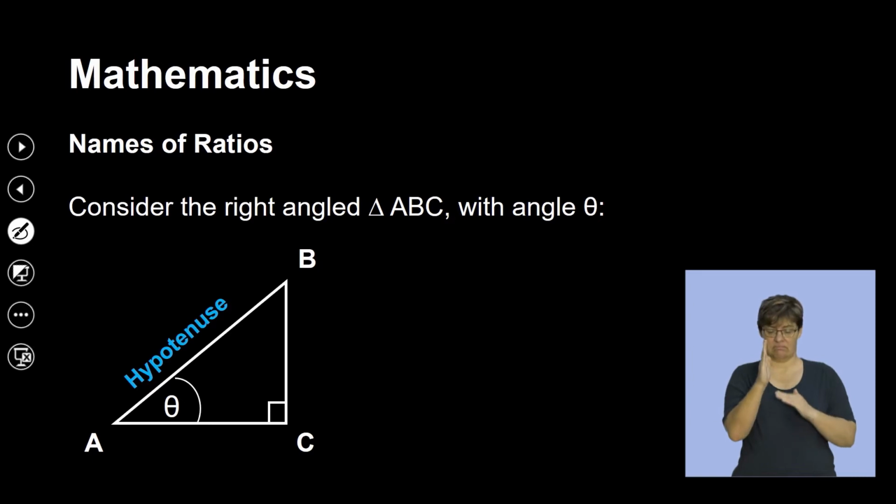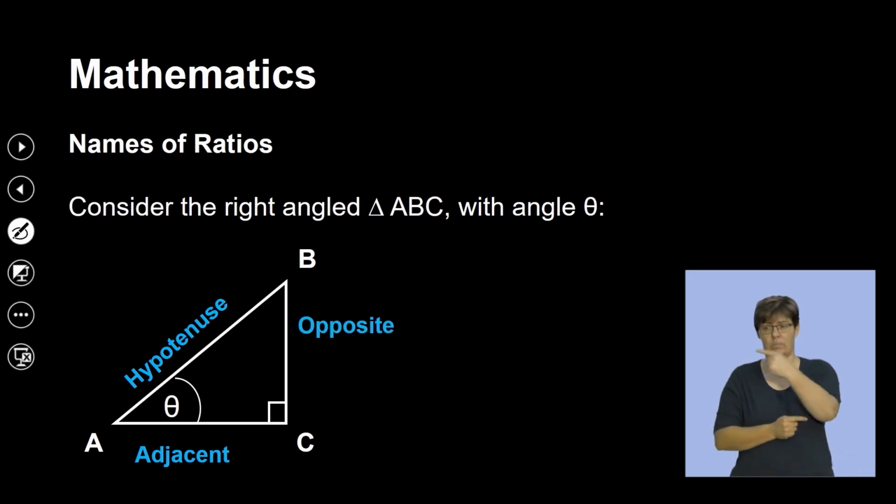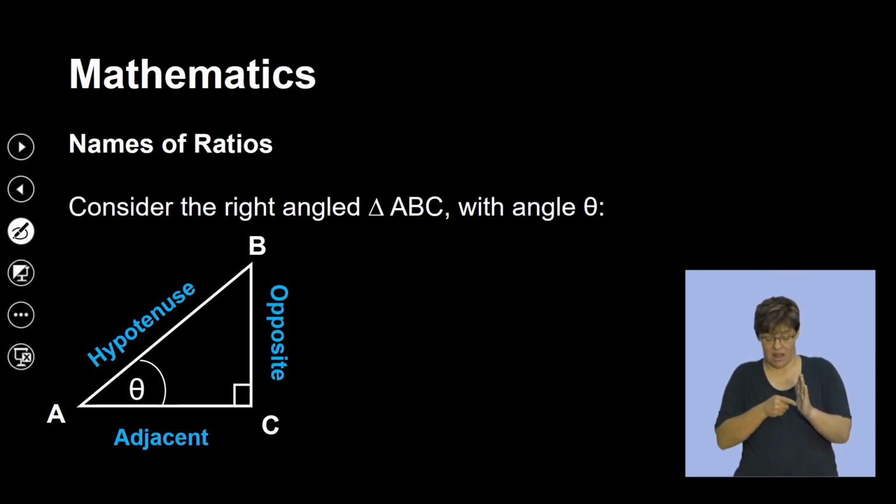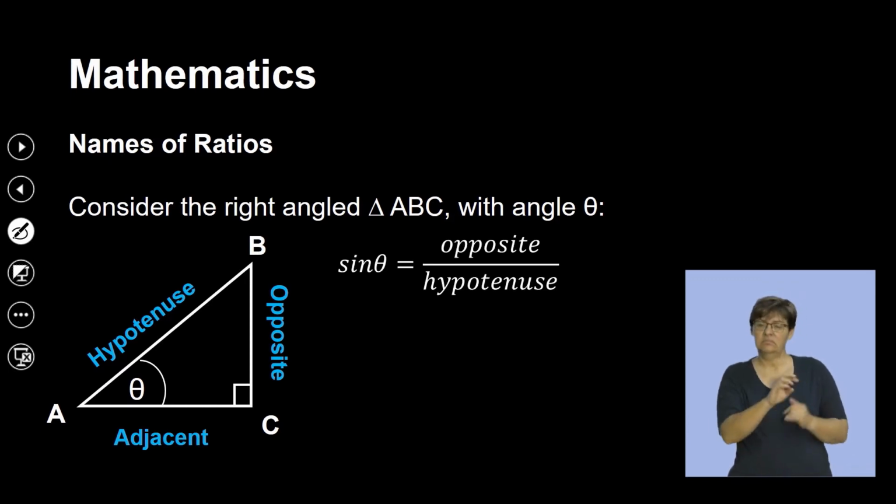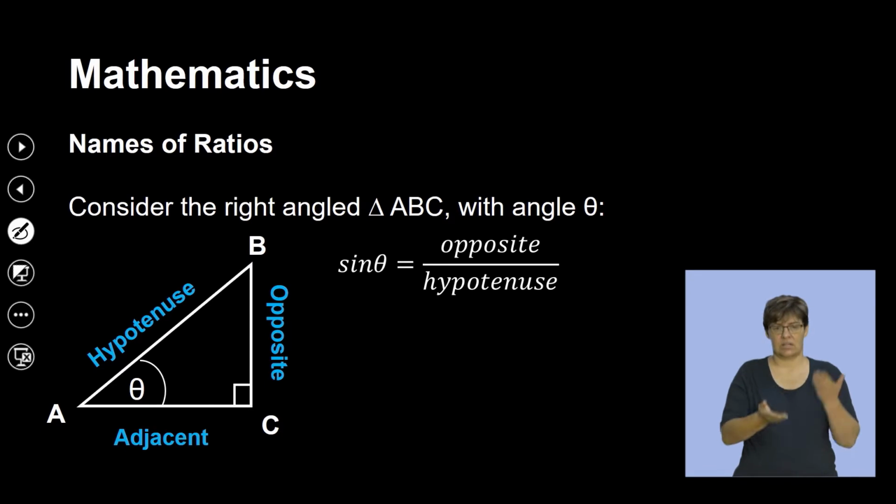Consider the right-angled triangle ABC with angle theta. Remember that AB will be the hypotenuse side, and then I will have the adjacent side to theta. I will have the opposite side to theta. Remember we said we label the other two sides in relation to the angle that we are given at the time. And now also, if you look at this, we can try and find the ratios, which is our sine